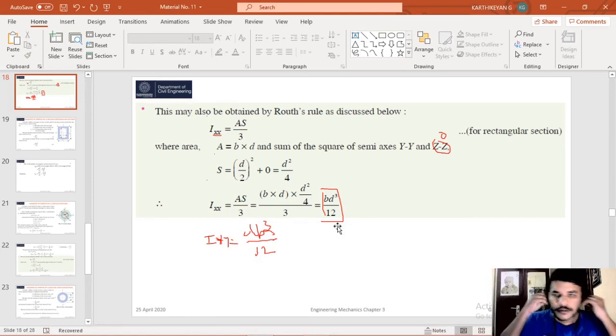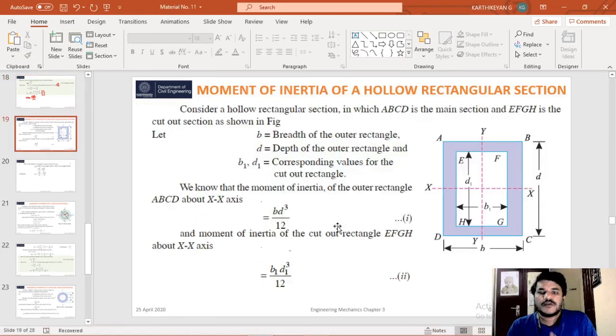Okay. So next I will move on to moment of inertia of a hollow rectangular section. So it is very simple because in hollow rectangular section there is a box section, the inside is open. Okay, the shaded area is the thickness of this section. Okay, you need to calculate the moment of inertia for this shaded area, this blue area. It's very simple. You can calculate the moment of inertia for the ABCD outer line and calculate the moment of inertia for the inner line. You can subtract the small rectangle from the big rectangle.